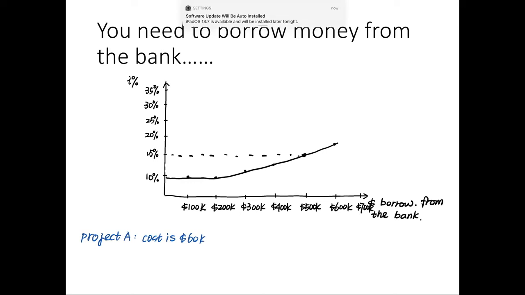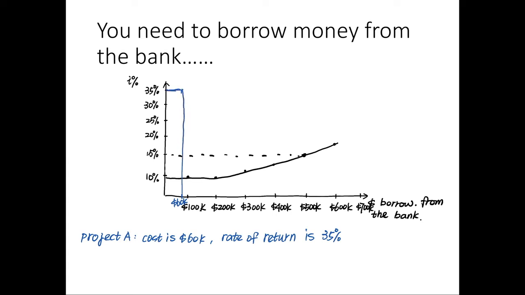Okay, so that would be 60K will be something here. And the return, the rate of return is 35%, right? Remember that? So you can draw something like this. So this is 35% return, and this is the 60K